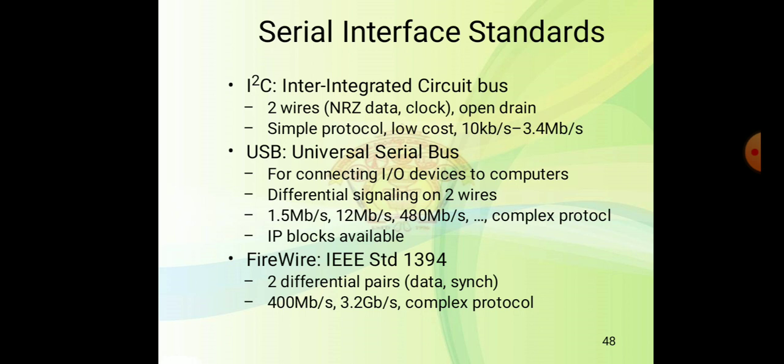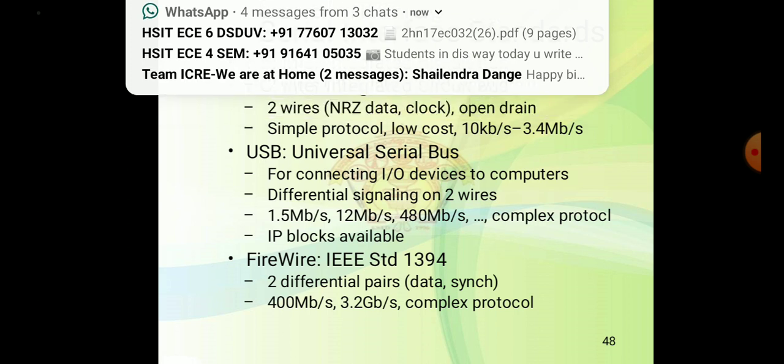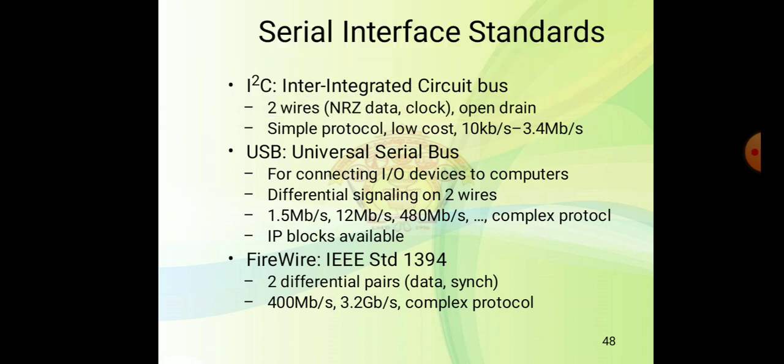FireWire assumes that any device connected to the bus can take charge of operation, whereas USB requires a single host controller. Thus there are some differences in the operations provided by FireWire and USB, and some differences in the applications for which they are suitable.